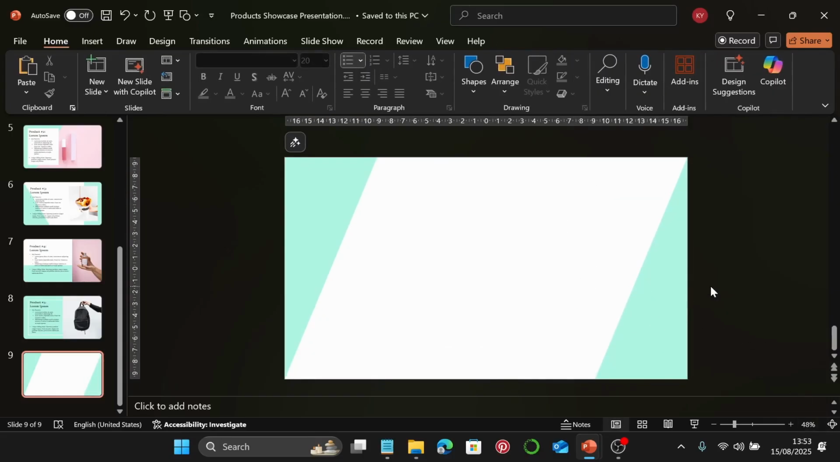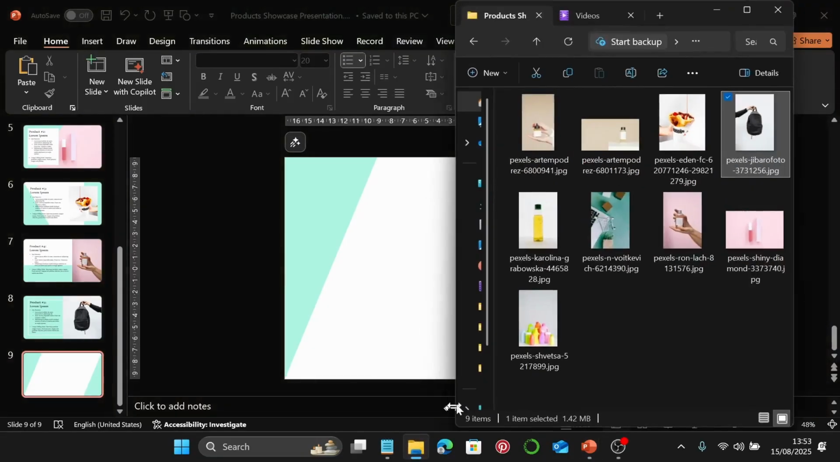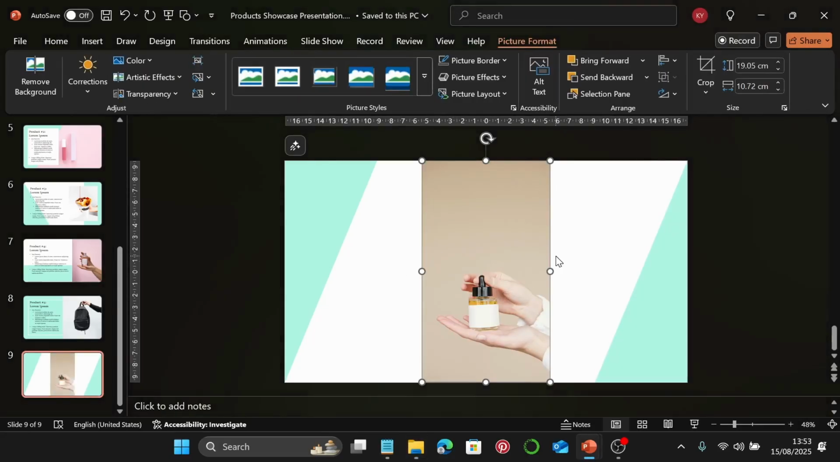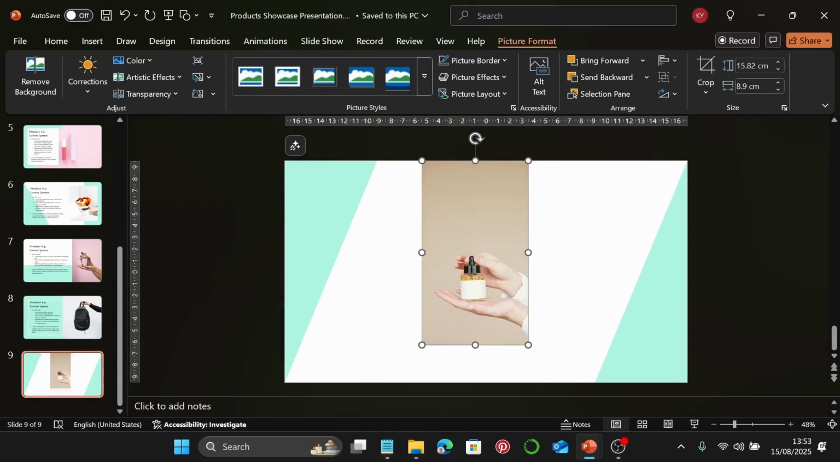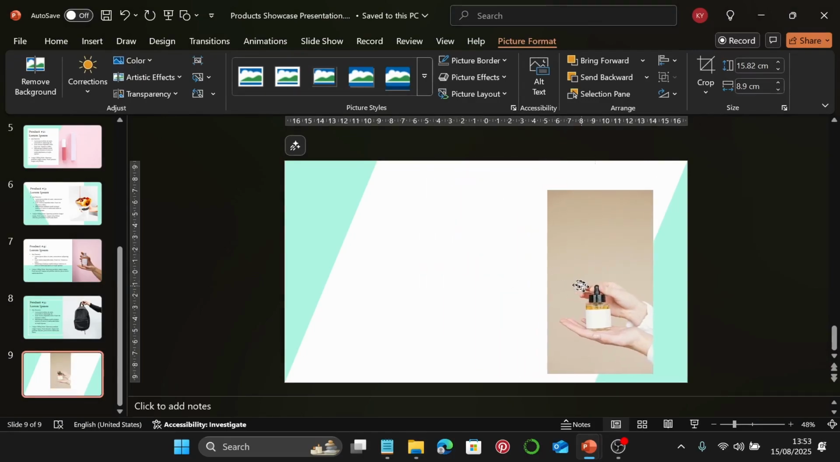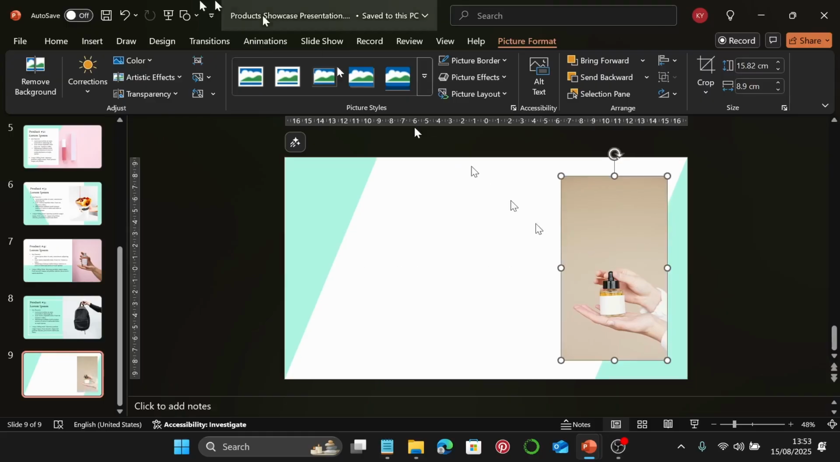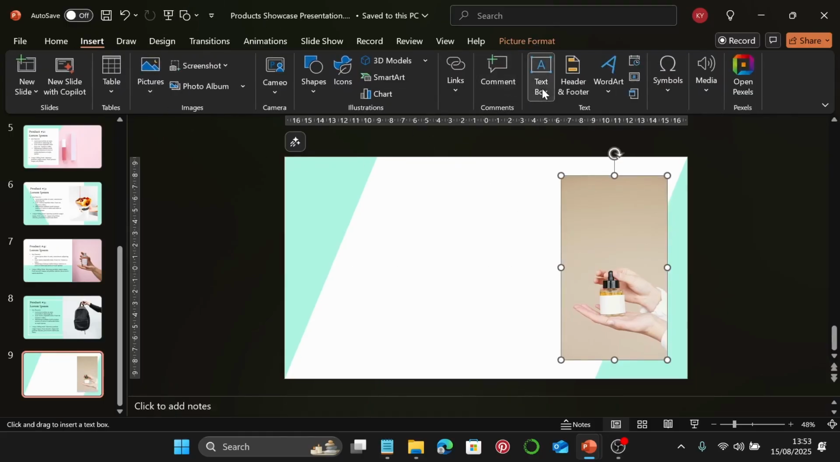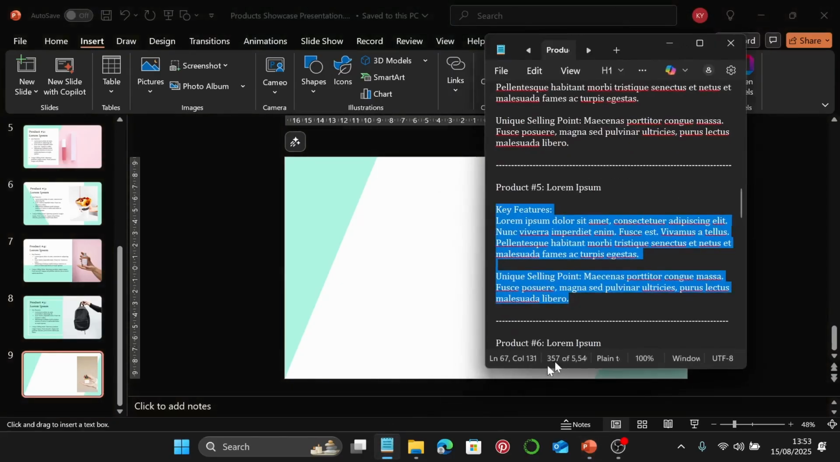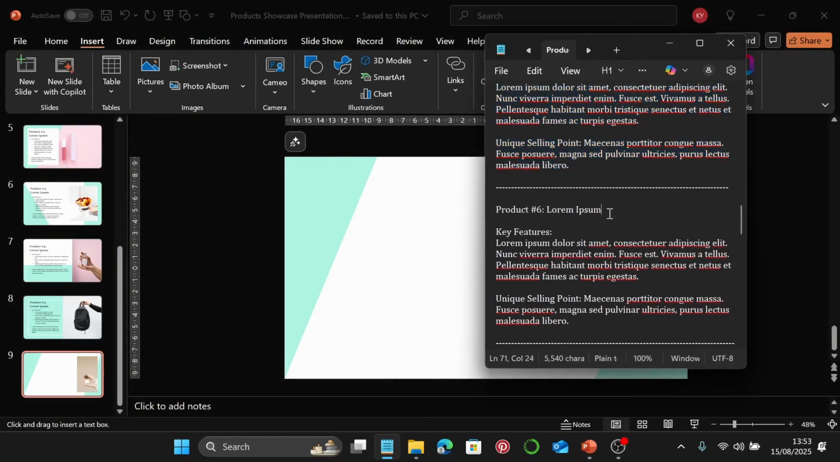and we'll have this. Now let's grab our image. I'm going to select our image, which is this one. Change the width to 8.9 and bring it to this side here. Now go to insert text box, and we're going to insert our title, which is product number 6,